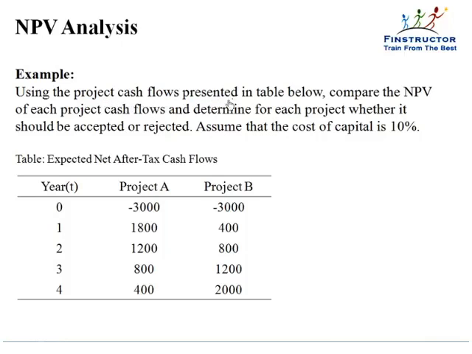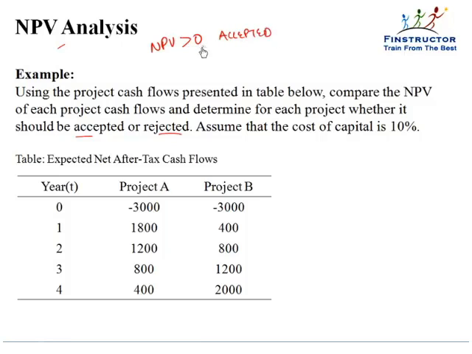Using the project cash flows presented in the table below, compare the NPV of each project cash flows and determine for each project whether it should be accepted or rejected. Now remember guys, the decision criteria with NPV is that if NPV is greater than 0, then the project should be accepted,